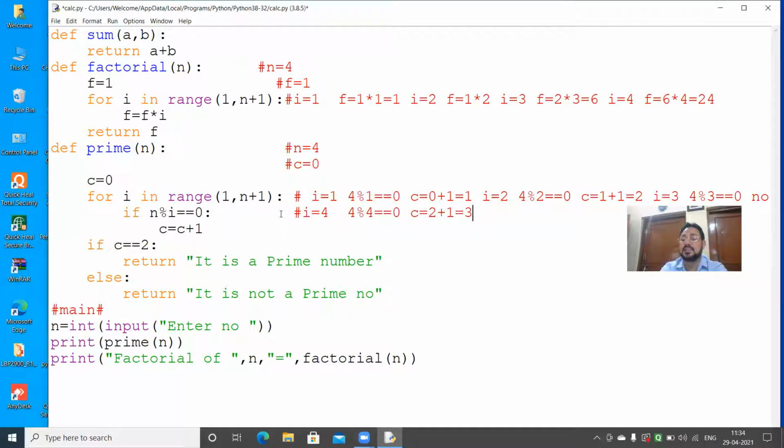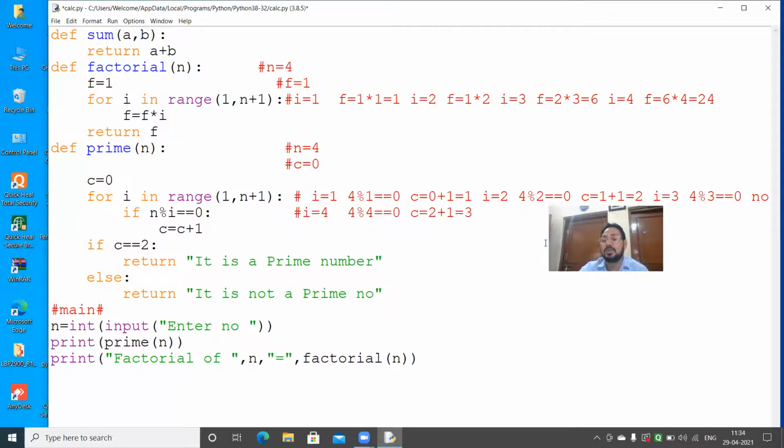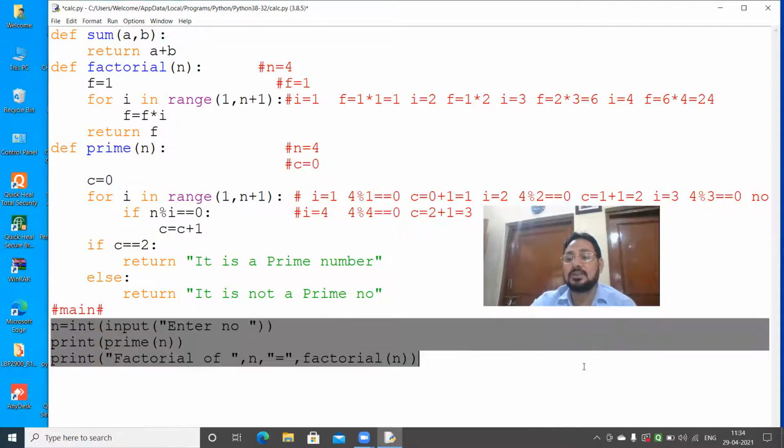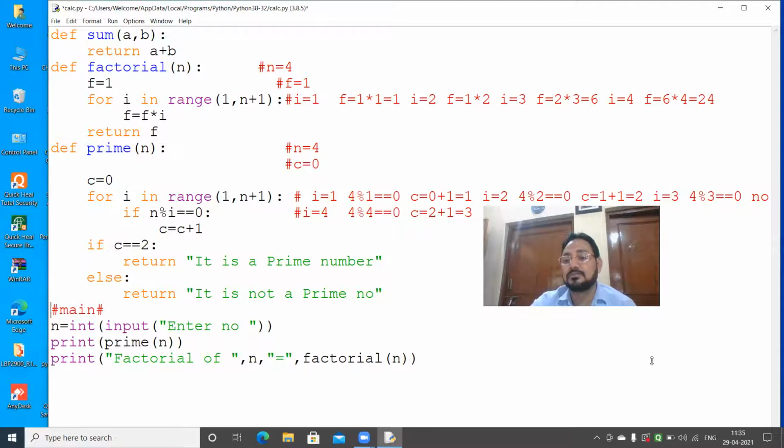That means it has 3 factors. It is divisible by 1, then 2, then finally 4. So if c is 2, that means a prime number has only 2 factors, 1 and itself, but it is having now 3 factors. What are the 3 factors?